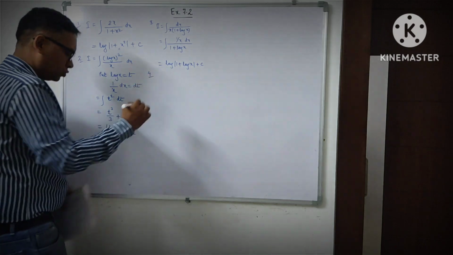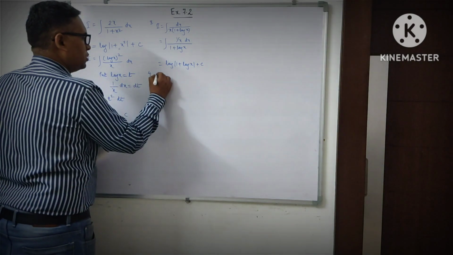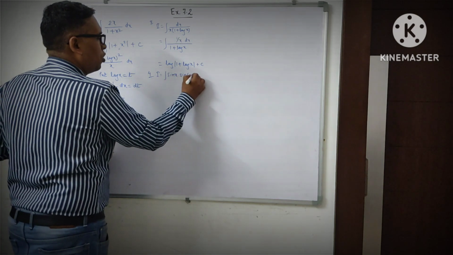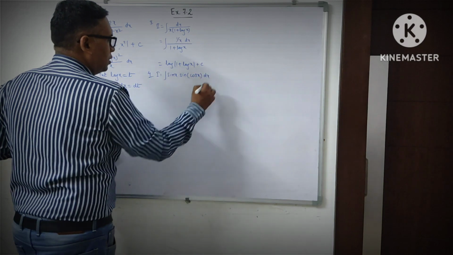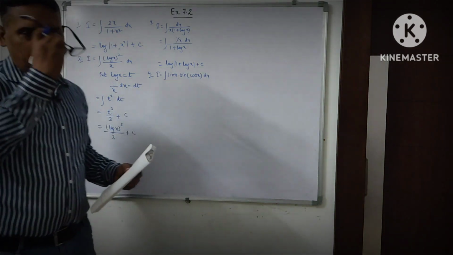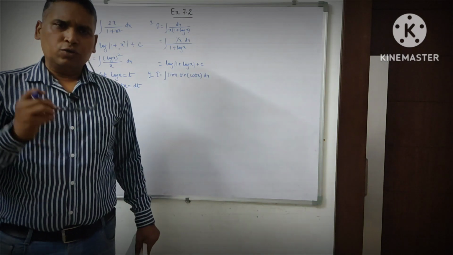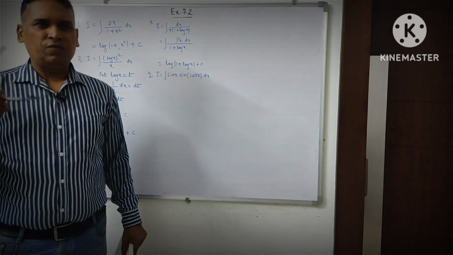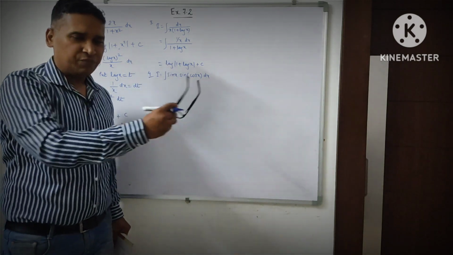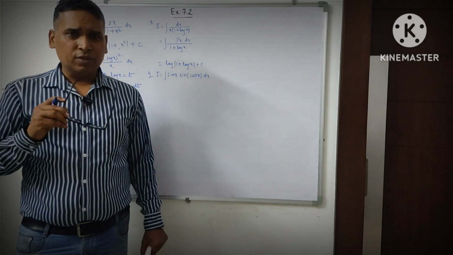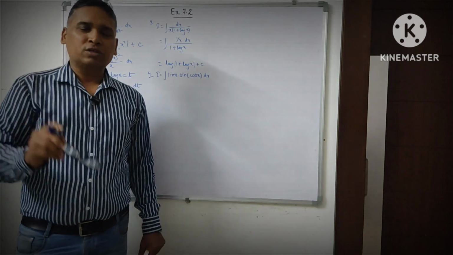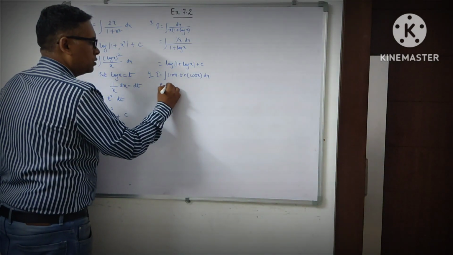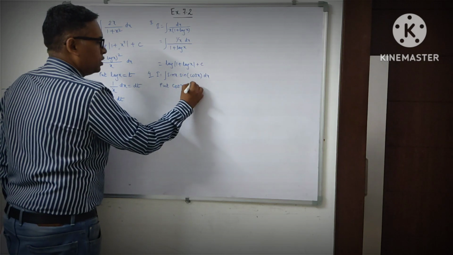Now the fourth question, let us proceed. I is equal to integration sin x sine of cos x dx. Now again the same story in this one, which one we have to consider to be t. So it is very simple. We have heard so many times sin x, cos x, but we have not heard sine of cos x. So what seems to be odd? That word cos x. So that cos x we are going to put to be t, like this. Put cos x is equal to t,